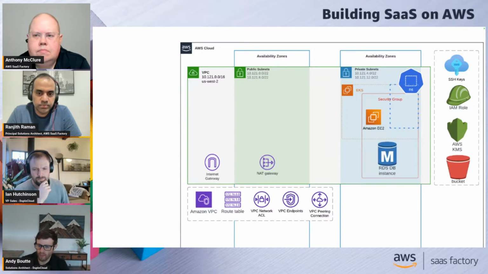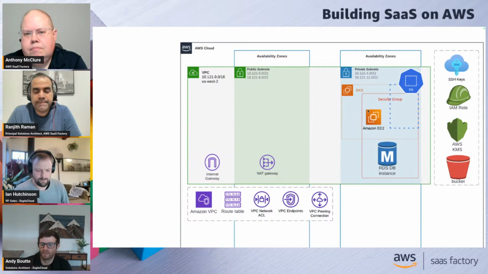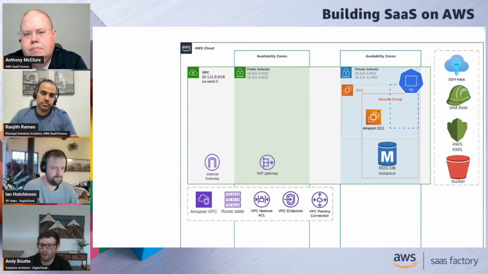Then we can deploy the AWS services that are required to support the application itself. And Anthony, this goes back to your previous question about being able to choose the size and capacity. Yeah. So the actual compute size is controlled at a tenant level. So inside of a specific tenant, we can create an EC2 instance. DuploCloud automatically will register that with EKS as a worker node. We can also create an RDS instance, and we can create an S3 bucket.